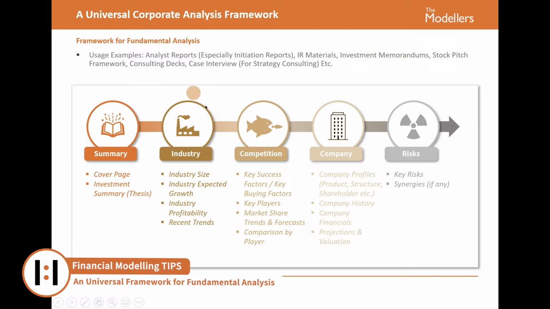So we start from the industry. We always start from the industry, because no matter how attractive the company you're analyzing is, it doesn't matter if the industry is very unattractive. So it's like a top-down approach. We start from the industry and look at industry size, because size matters, right? Also, growth is very important. Even if the size is very small at this moment, if its expected growth is very high, it could be an attractive investment opportunity.